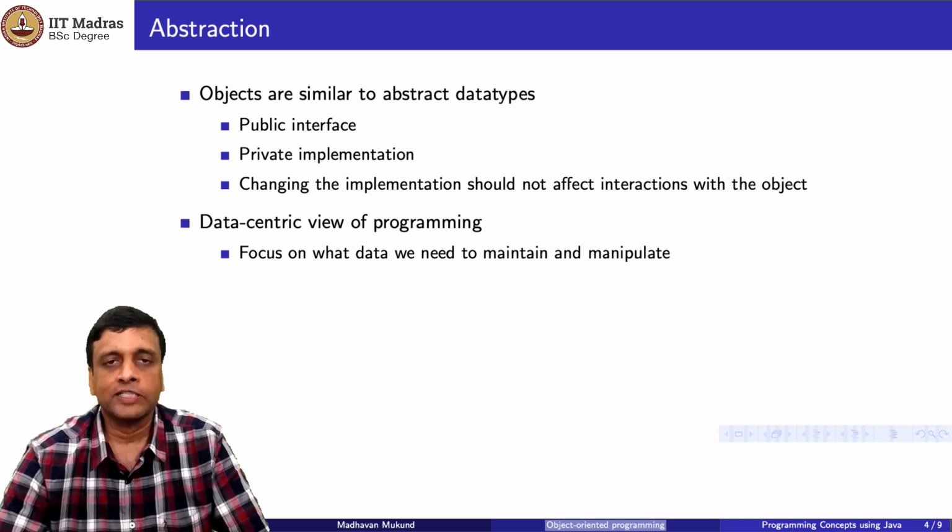This makes a lot of sense if you're building a system, for example, like a banking system. So you need to ask yourself, if I'm building a banking system, what is the kind of data I need to keep track of? I will need to keep track of information about bank accounts, about customers, maybe about transactions. And then we start asking how to keep this information, in what format we should keep it, and what are the allowed interactions and operations on these data things. So this is the data-centric view of programming, which gives rise to this object-oriented methodology.